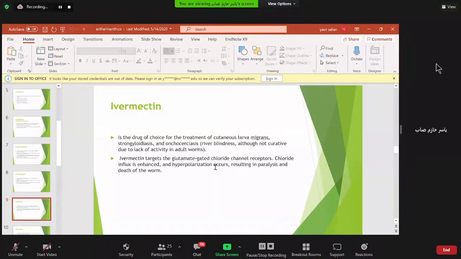الإيفرمكتين is very important. حقيقة الإيفرمكتين جت فترة، إذا تتذكرون، أنه صار من ضمن الجايد لاين أوف تريتمنت أوف كوفيد 19 نتيجة الإميونومodulatory effect of ivermectin. So it is the drug of choice for treatment of cutaneous larva migrans, strongyloidiasis, and onchocerciasis، اللي هي من river blindness, and although it's not curative due to lack of activity in adult worm,